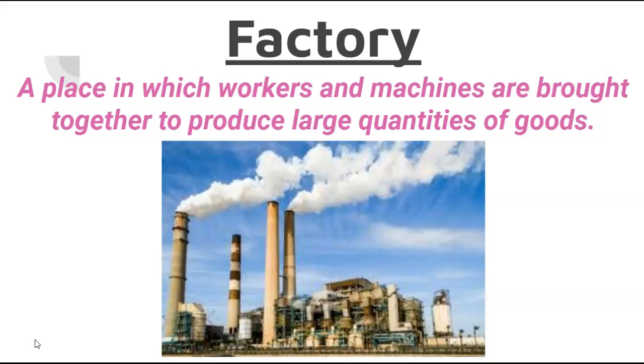A couple vocab words to know first. These will show up on a Quizlet later, so if you don't want to write this down, you don't have to. One is the word factory. The Industrial Revolution was characterized by the factory system. Factories are places where workers and machines work together to produce large amounts and quantities of goods. So you have workers, but you also are implementing machines to help those workers produce a lot of stuff. And we'll talk about what that stuff looks like later this week.